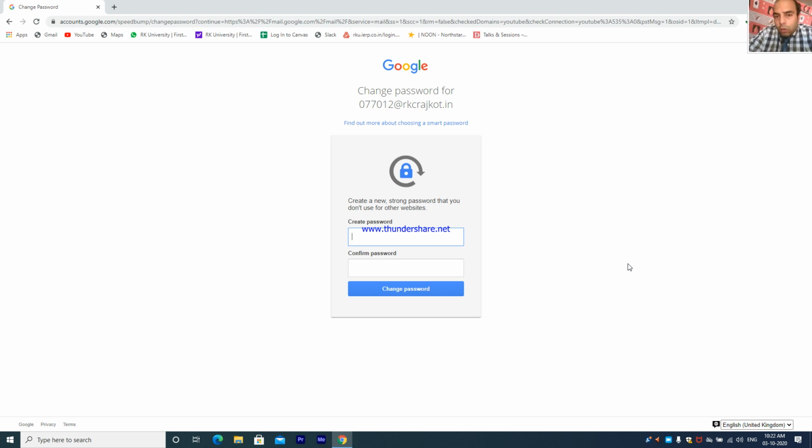And if you are not able to remember the ID and the password, please write it down with a pen or a marker in a book and stick it on your desk, so that whenever you have to join the Google Meet, you can join with the help of this ID and the password. You will always have to join through the G Suite account only, right? So please remember this password.